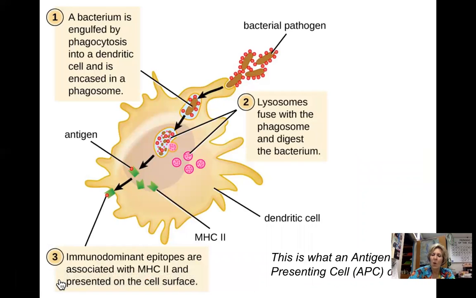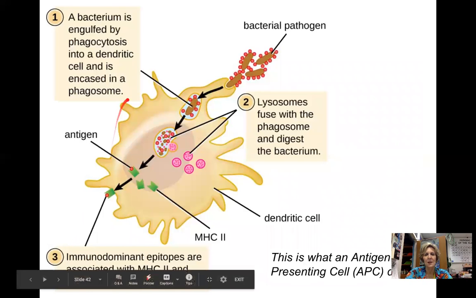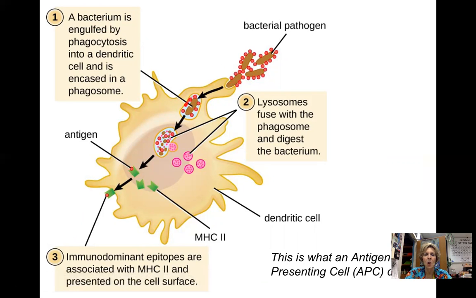So let's take a look at what an antigen presenting cell is. We've talked about this a little bit, but let's look. Let's pretend we have this bacterium that's a bad bacteria. It's been engulfed by, in this case, a dendritic cell, which is a phagocytizing cell. And so it gets engulfed, and these